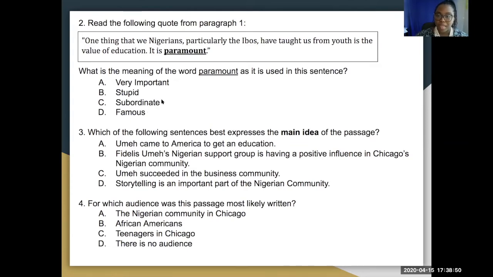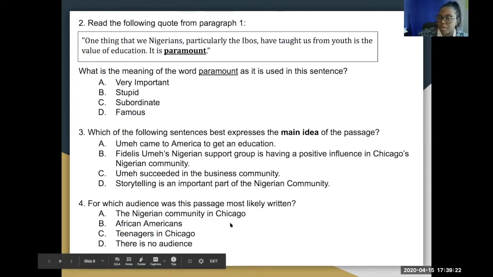And then number 3 is asking about that main idea. Some of these questions, guys, are just meant to review some things that you guys have been doing all year long. So I am so confident that you guys will really get through and get these questions right. This is just some practice for you. I know we're not taking SOLs this year, but you still need these skills to be a successful and efficient reader, okay? For which audience was this passage most likely written? Okay, you gotta think about who they're talking about, who they're trying to reach.